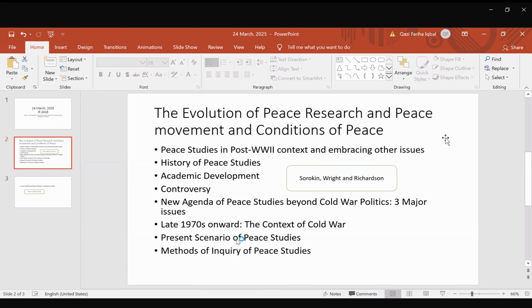However, what was very interesting is that these countries were achieving political independence from their colonial rulers, but they were unable to achieve economic independence. They are still somehow dependent on their colonial power because of this economic issue. The economic disparity is still prevalent in these former colonies. So it was number one, which pushed the peace studies to expand.